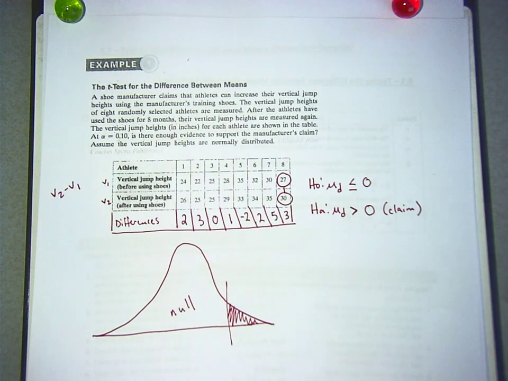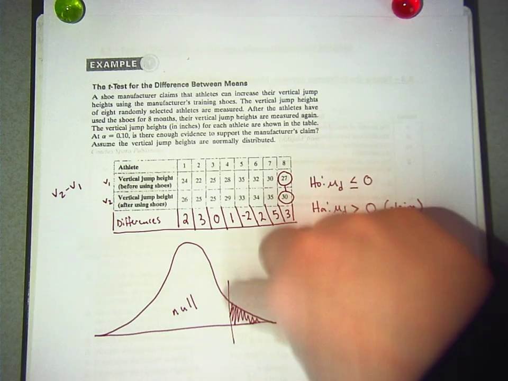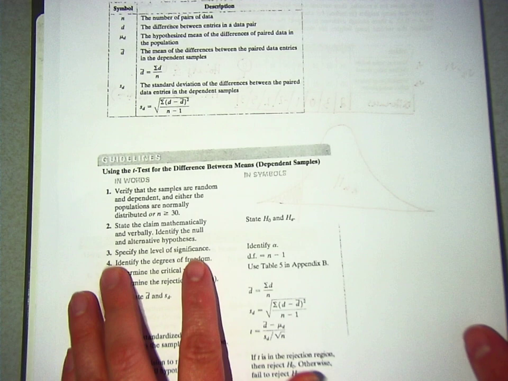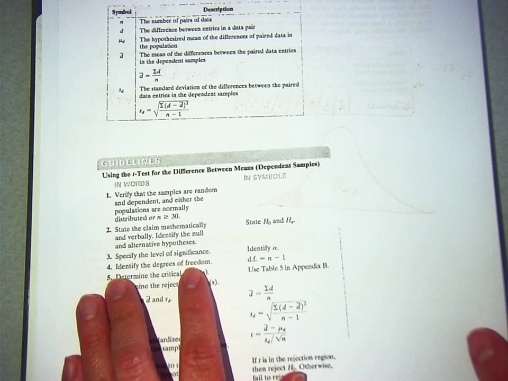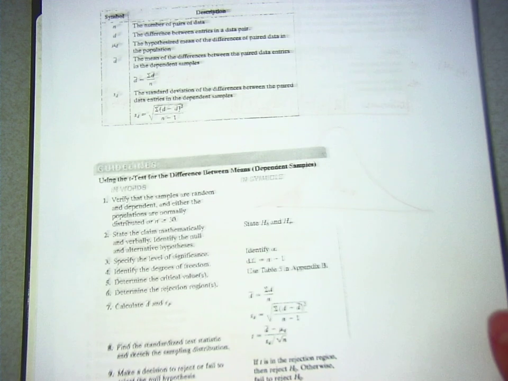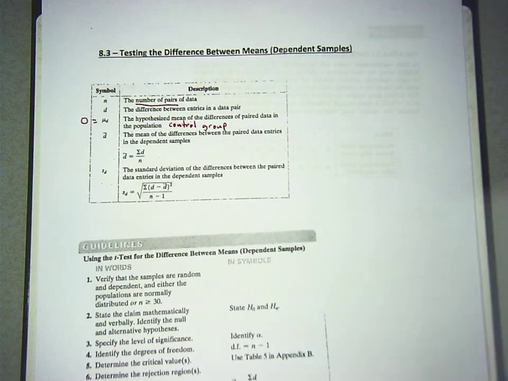Okay. So the next thing we need is the edge of a rejection region. If you go back to the front, you can see that we have to identify the degrees of freedom. This is going to be a t-test. And our t-test